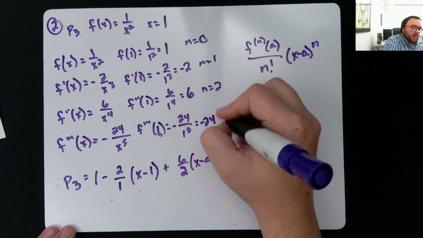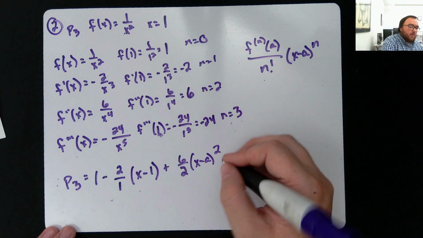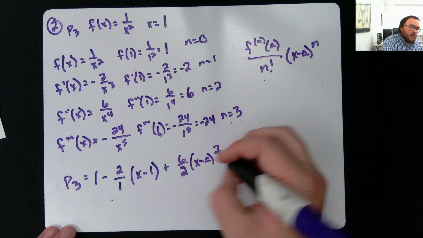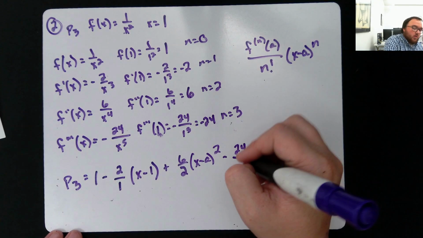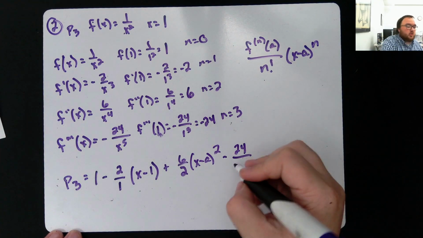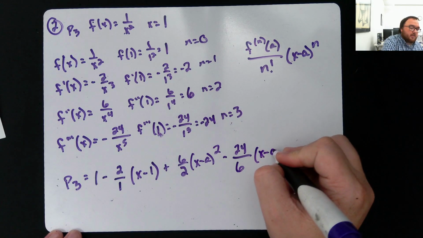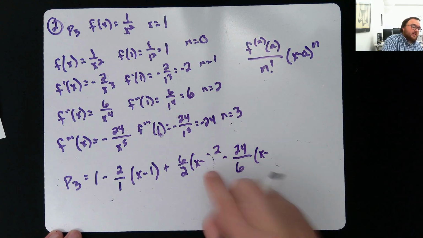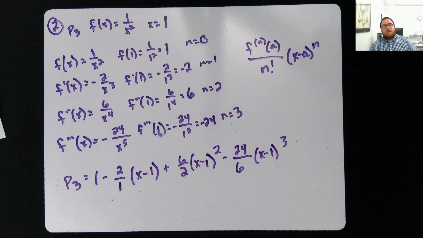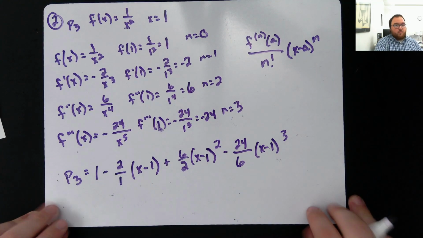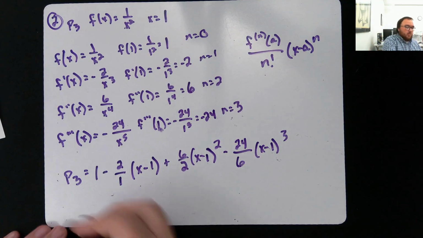Then my last term is where n is equal to 3. F triple prime at a, we already said was negative 24, over 3 factorial, which is 3 times 2 times 1, which is 6, times x minus a, which we said was 1, I messed up over there, cubed. And there's our first 3 terms. We are good. Again, for my classes, you are fine just to stop right there,